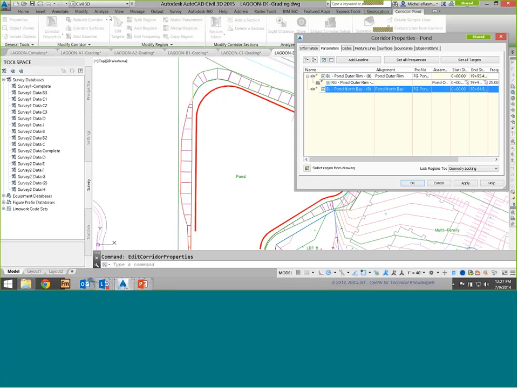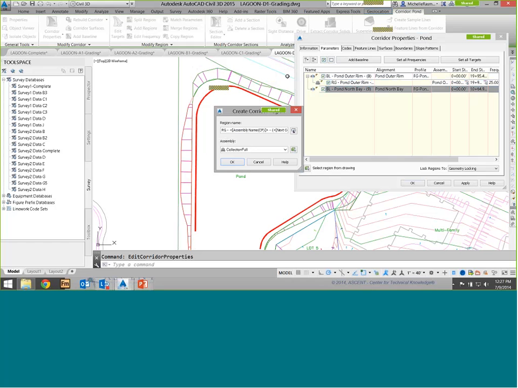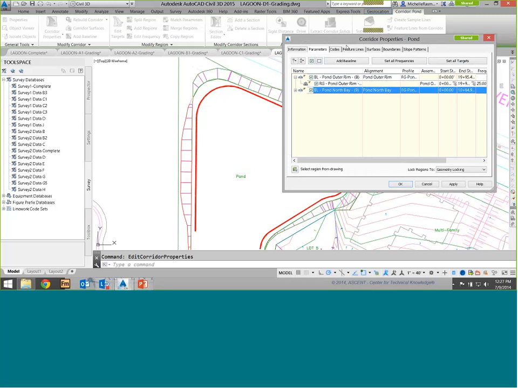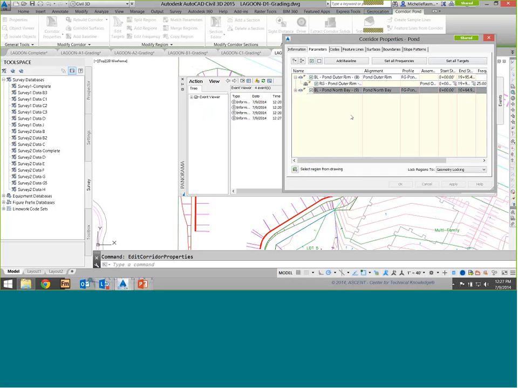Well, I can add it through the Modify Regions panel, or I can right-click inside of this dialog box and tell it to add a region. It's going to ask me for the assembly, so I'll choose one. And this is my North Bay, so I'll start with 40%. Now, you'll notice that it's going from the start station all the way through the ending station for this. So when I apply it and I rebuild that corridor model,